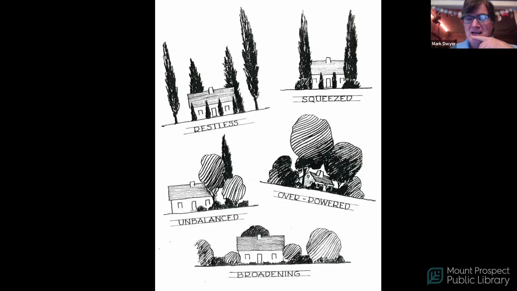I love some of the terms they used here. Notice restless and squeezed. So they're showing examples. Overpowered. I wouldn't mind an overpowered situation. That's kind of how I live. Notice the unbalance in the mid left. So we're kind of lacking plant material on a side there. But,